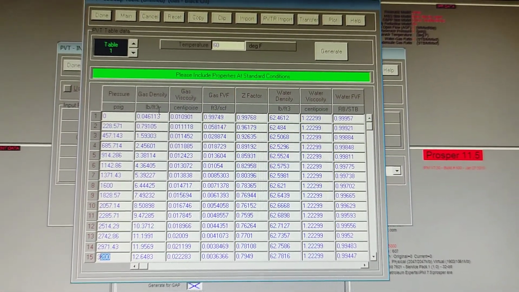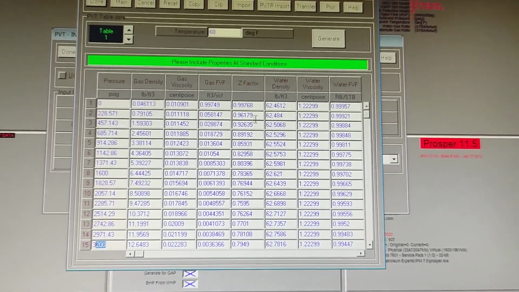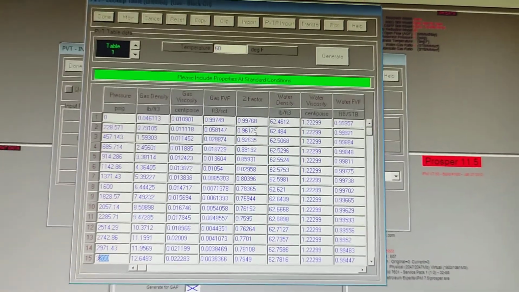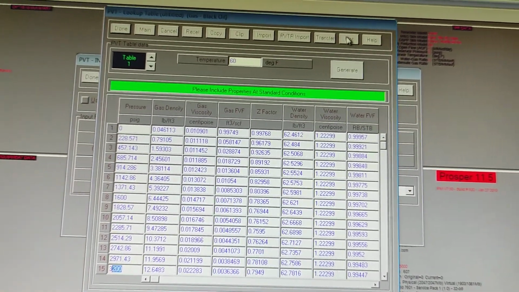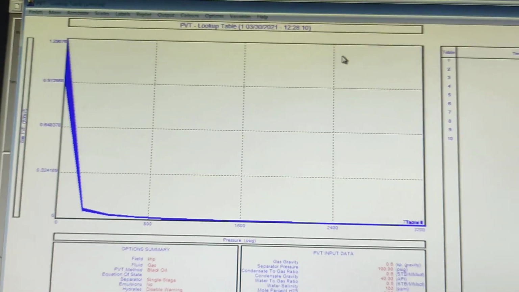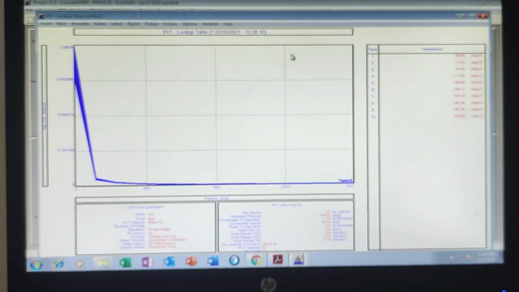It is all about your second window. So if you want to make a graph of any variable present in this table, you can go through plot. On the right side there is a plot button. Click on the plot. So this type of graph you will get about your data, what data you have given.